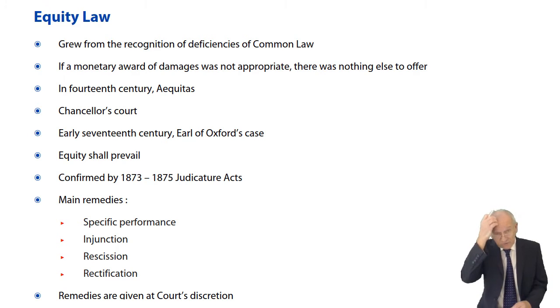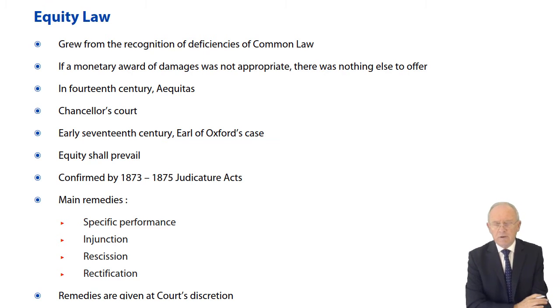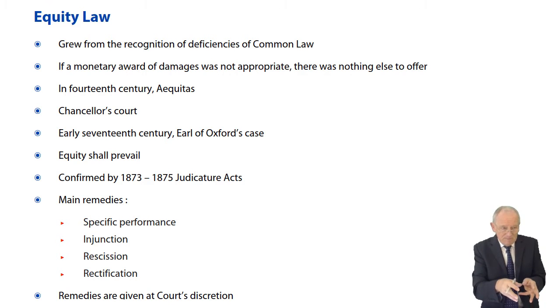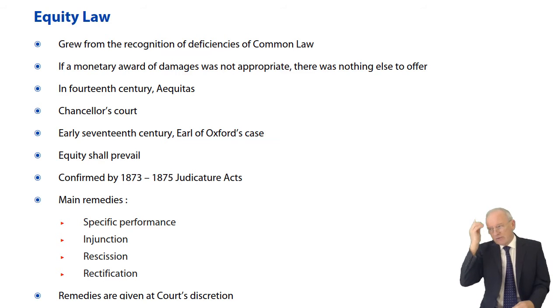So in the 14th century, 1300-something, came equity and the Chancellor's Court. In the early 17th century, I think 1604 is in my mind, though don't remember the dates, I'm saying it only to show you that we're looking at something 400 and some years old. It's one of the cornerstones of the English legal system, and it has stood the test of time. So the Earl of Oxford's case was